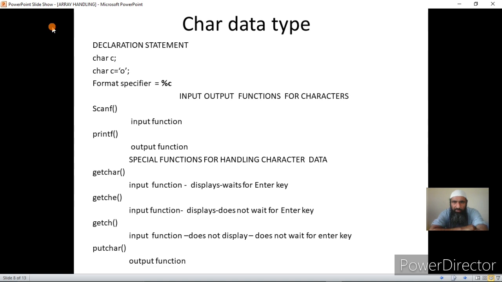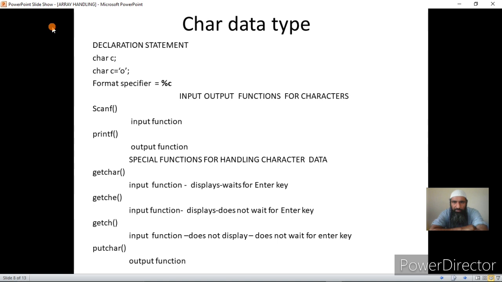If we have got the price of an item, which may be a decimal number, or a radius of a circle, or so many other physical quantities like volume, temperature, where you have got numeric data, and the cases where the data has got a decimal point, we can store that type of data in float and double.